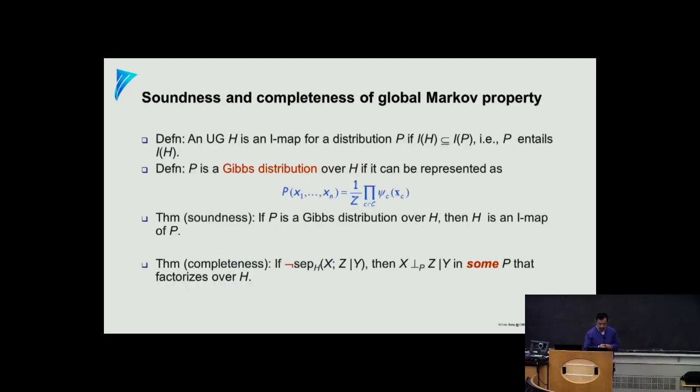All right, and again, we go back to the soundness and completeness. As usual, it's a leaky statement, but it's okay. It's almost tight, right? First of all, if P is a Gibbs distribution over H, then we know that H is an I-map. And then conversely, if your three sets are not following the separation law inside H, then you will find them to be